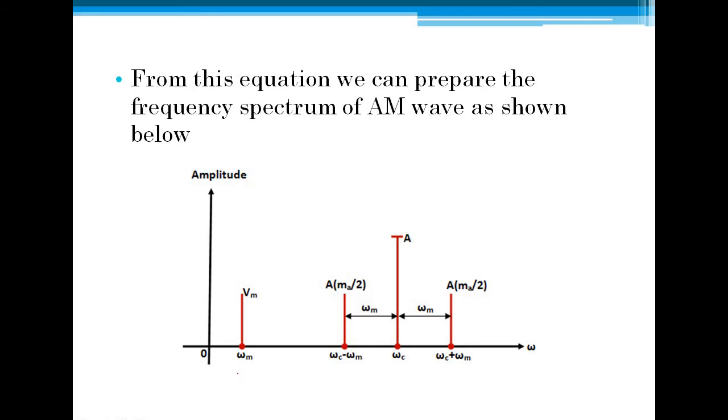In this frequency spectrum, first is my modulating signal Vm. Next is my carrier, and you can write it either way: fc is okay, omega c is also okay. When we write fc, it indicates frequency in the normal domain, and omega c represents frequency in the radian domain. So omega c is your first frequency, this is your carrier with an amplitude of Vc. Next one is fc or omega c plus omega m with an amplitude of mVc by 2, and the next one is omega c minus omega m with an amplitude of